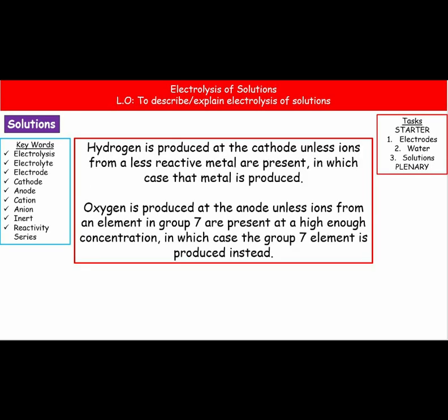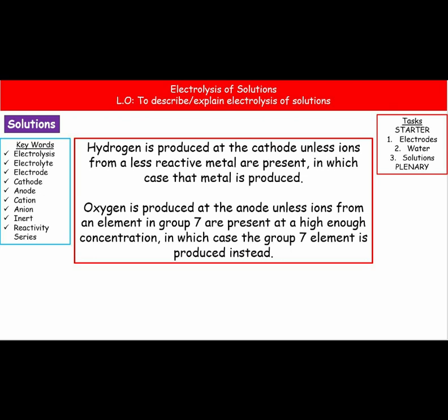This bit here is really important. These are the rules, if you like, about how we work out what's going to form. So once you've written these down, highlight them, stick them in a box, do something that makes it stand out to you. Now, our first rule is that hydrogen will be produced at the cathode unless ions from a less